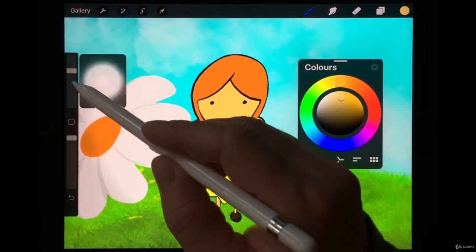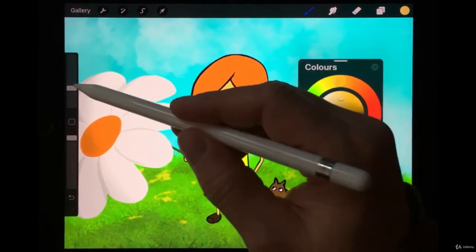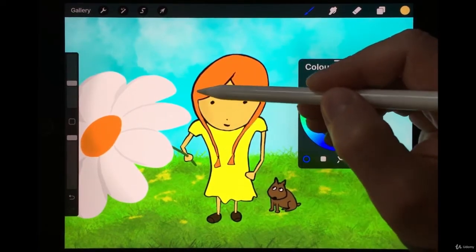In this course, you can discover Procreate, the amazing drawing and painting app, using a practical approach by working on